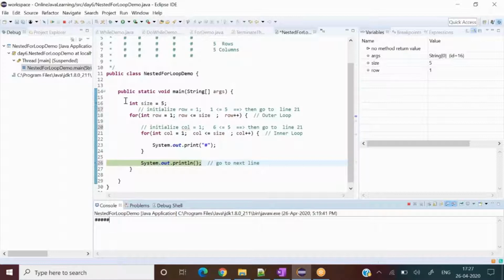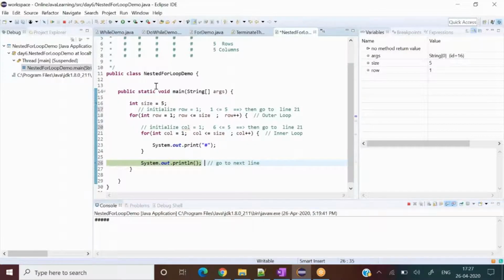Do you get this? Yes. So the cursor is going to go to the next line below. Now, if I press F6, then it will again come to line number 18, because the outer for loop's one iteration has only executed, the remaining four are still remaining for that particular part, right? Okay. Did you get the point?